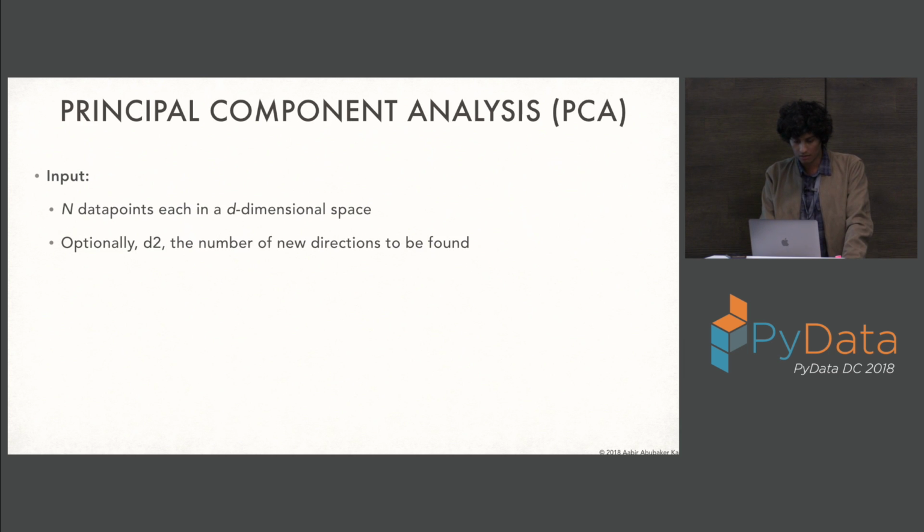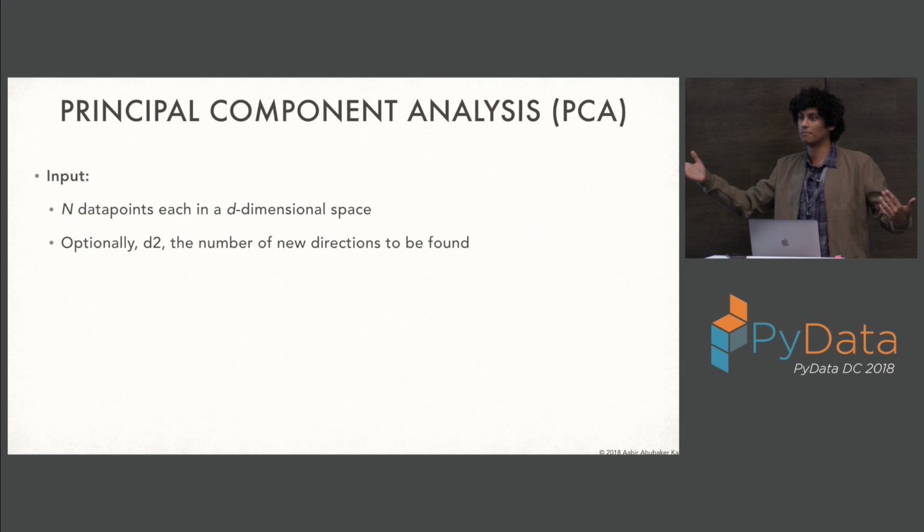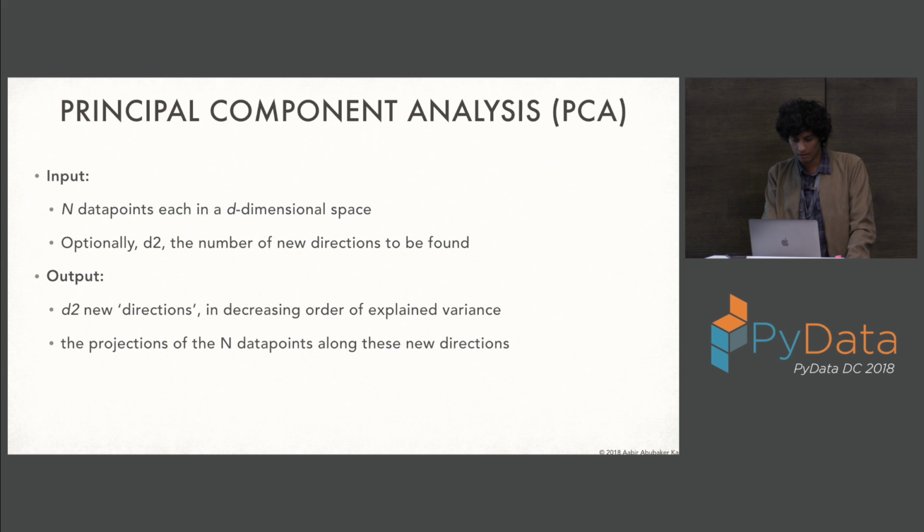And this is the input. You'd basically just, again, shove your database into PCA. And you could optionally select the number of principal components that you want to identify. But technically, as you saw in this example, if there are 2 dimensions, then you would have that many directions that would explain variances in reducing order. There would be one direction in a 100-dimension space that explains the most variance, and then there would be a second that explains slightly less, and a third. And there would actually be 100 directions. So the output would actually be those directions in this case.